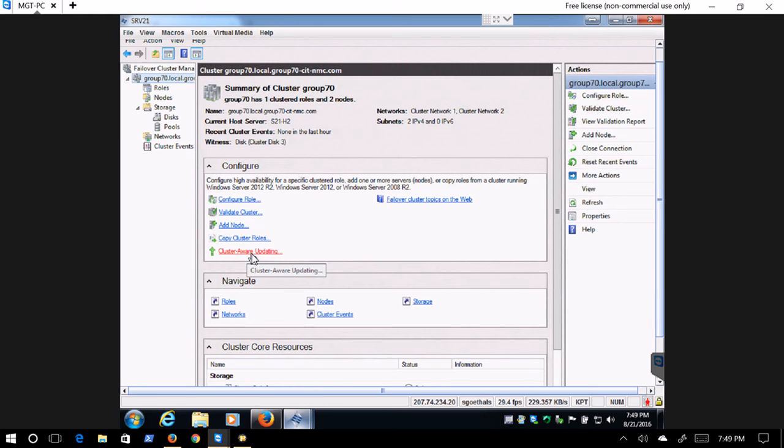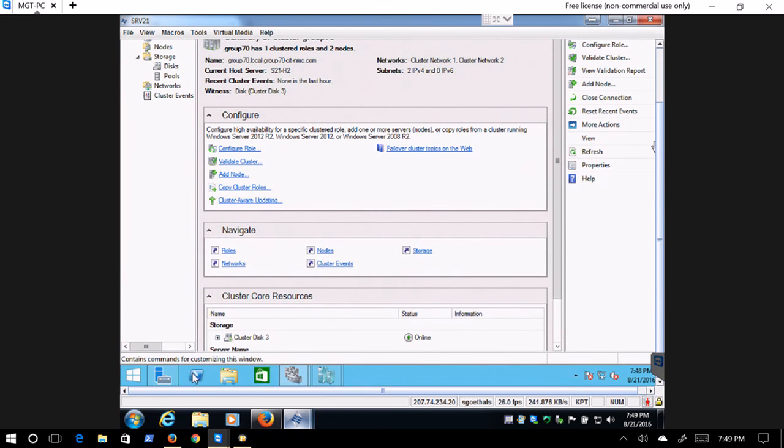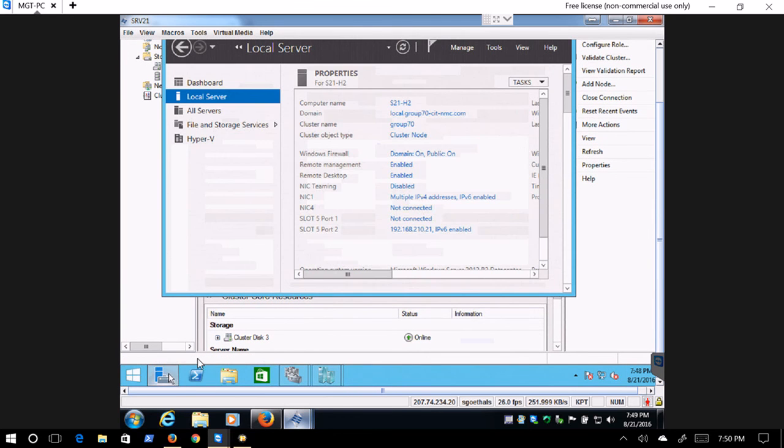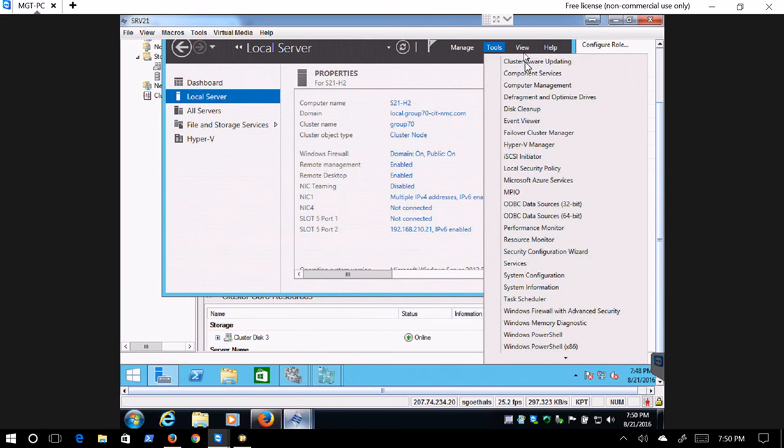Again, I had to install this, but essentially cluster aware updating, as I mentioned earlier, allows me to do what? Schedule Windows updates. Now, I can do it from within failover clustering, or if I scroll down to the bottom, I think I still have Server Manager open. Under Tools,